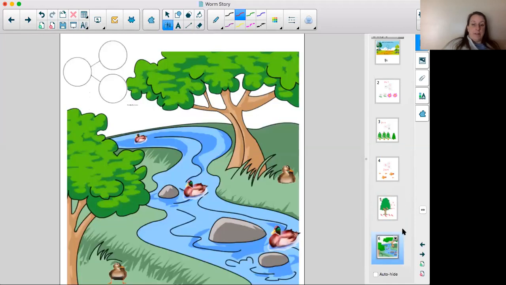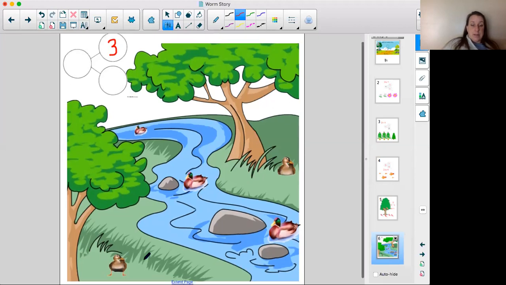Ooh, this one's kind of fun. Wow, okay, so it looks like I'm supposed to be counting ducks. All right, let's count some ducks. This time, instead of starting with the whole, even though I like to start with the whole, let's start with the parts. Well, I see that there are 1, 2, 3 ducks in the river. So I'll start there with a part. And I see that there are 1, 2 ducks not in the river. Okay? And all together, there are 3, 4, 5 ducks. Okay? 5 ducks